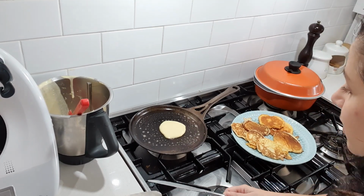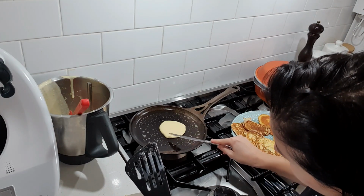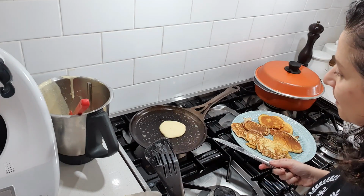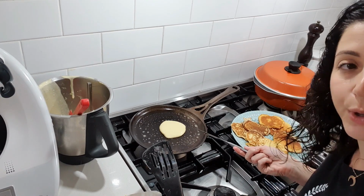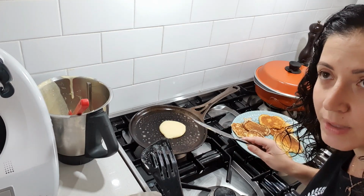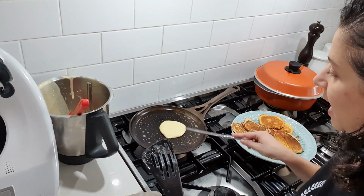So they do take a little bit of care. You can have a peek underneath, make sure it's not getting burnt. That's browning up nicely and bubbles are starting to form on the top a little bit. But yeah, temperature is really important. Too hot, they burn on the outside, and then they stay eggy and wet in the middle. So low to medium, slow is the way to cook them, and not too big, and a little bit of